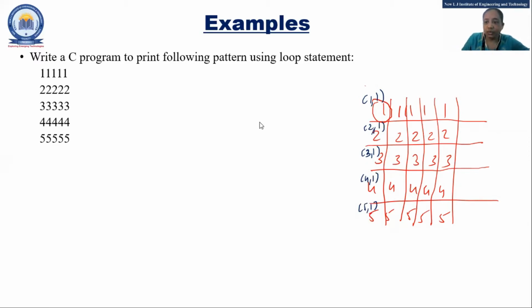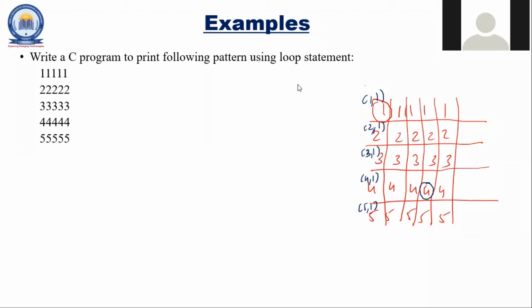Okay. So can anyone tell me which column and row this is, which I have circled? Yes, 220, you can unmute yourself. 4, 4.